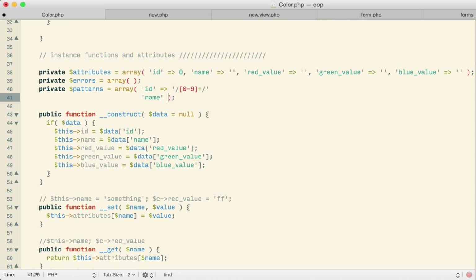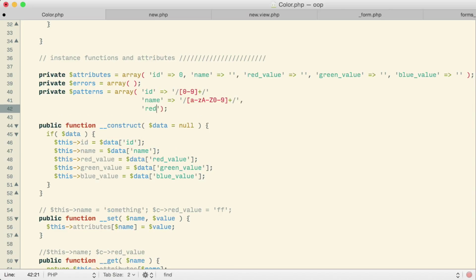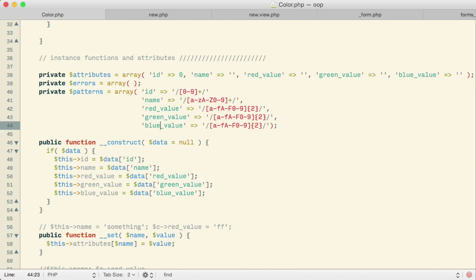For my name field, I'm going to say that my regular expression has to have one letter, upper or lowercase, or digit, repeating one or more times in it. For red value, I'm going to say my regular expression is that I have to have the values A through F, or the digits 0 through 9, repeating exactly 2 times. And then I'll do the same thing for my green value and for my blue value.